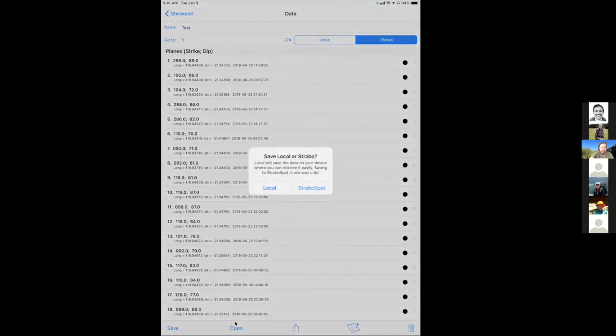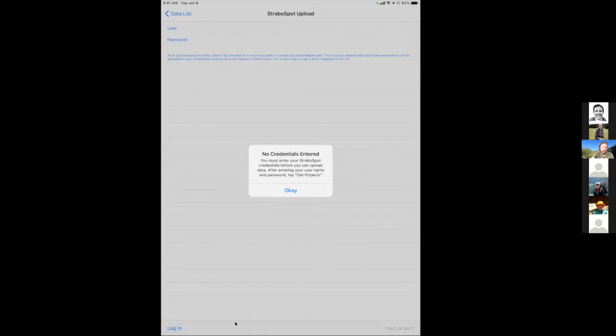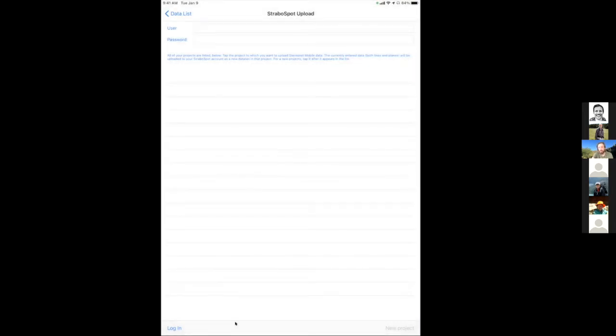When you say save, it asks you, do you want to save locally or do you want to upload to a Strabo Spot project? So when you click that, you can enter your credentials and it will show all your projects on strabospot.org, and you can upload these data into a data set on the Strabo Spot server. So you can have, if all you're doing is that kind of measurement data collection,